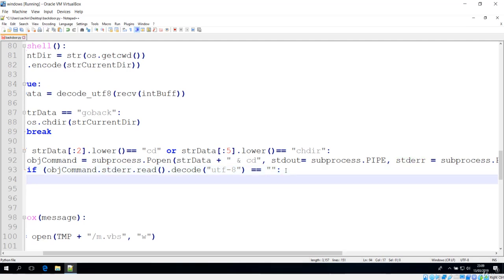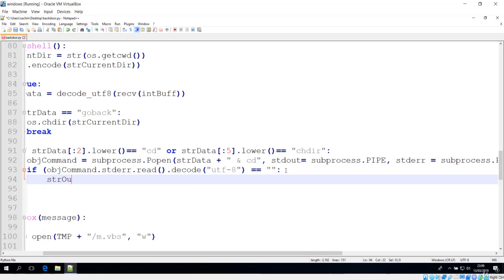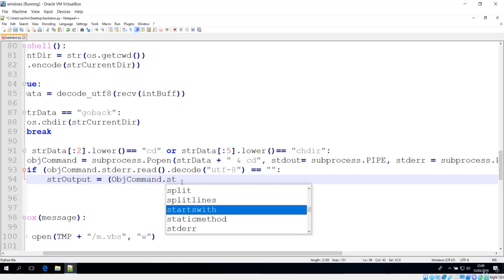If there is no error, that means we can get the output now. I'll say give me the output, and now the output should be the command. First let's get that command object, which is just over here, and after that we get its standard out, which is basically reading that command.